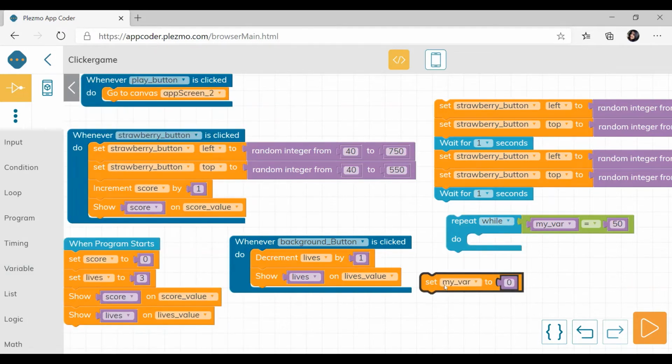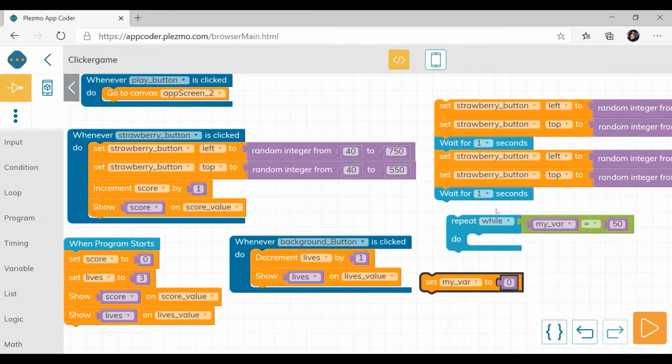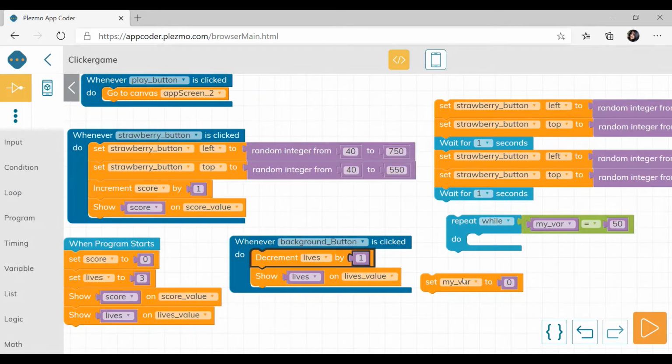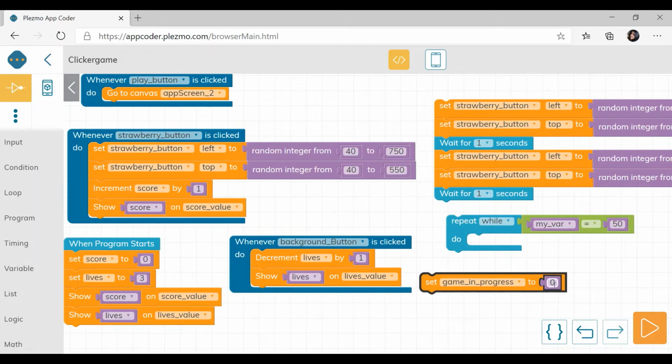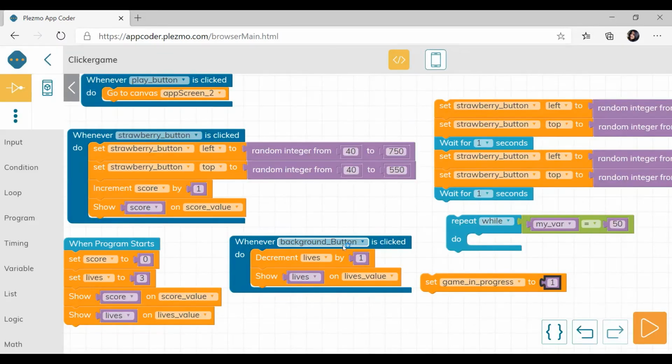Here. Okay, give the variable name as game in progress. So select the game in progress variable and put it to 1. 1 means it is on and 0 means it is off. Okay.